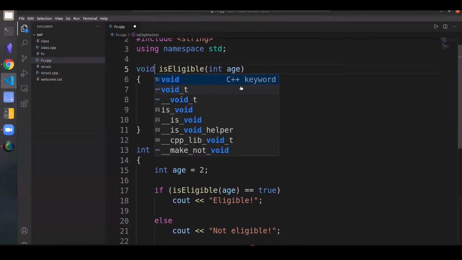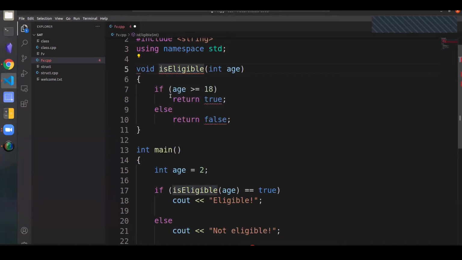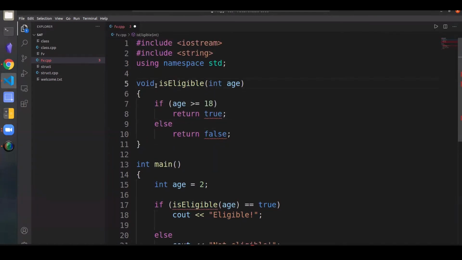To indicate that a function does not return anything, we use the keyword void here. Void functions don't return anything at all, and this is why it's showing an error here. Since a void function inherently can't return anything, if I ask the function to return something, it will throw an error because it is simply unable to return anything.